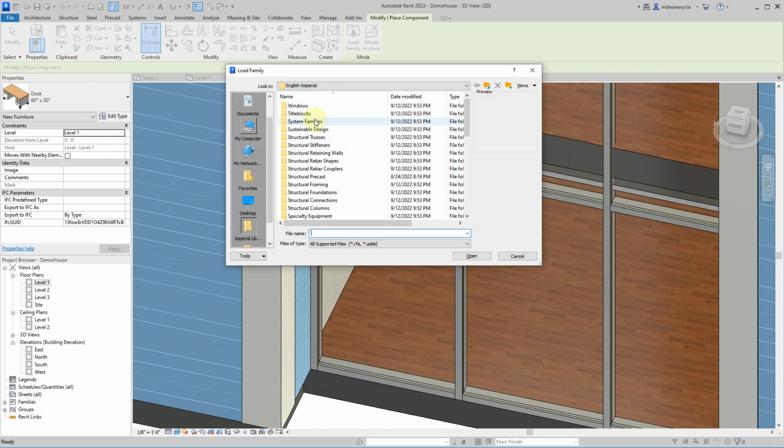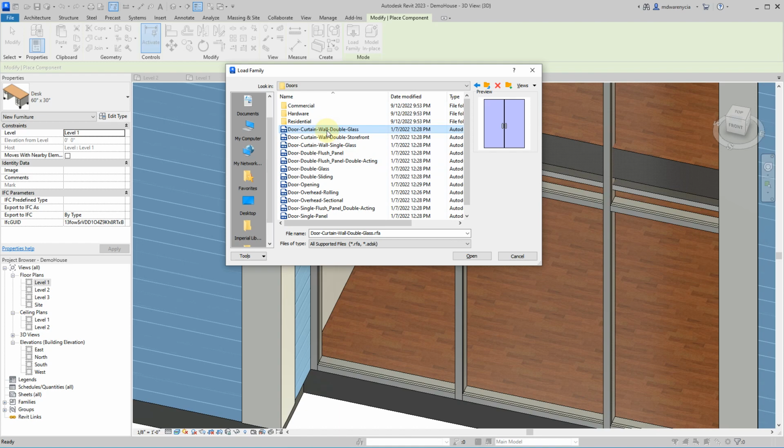So what I'm going to do is load family. We're going to go to, where are they at? Doors. And then see your door curtain wall ones right at the front here. These are ones that will actually work with this window. So if I choose double wall glass,